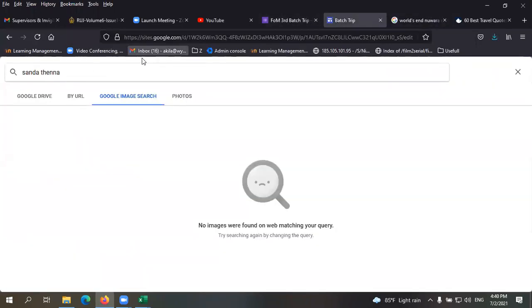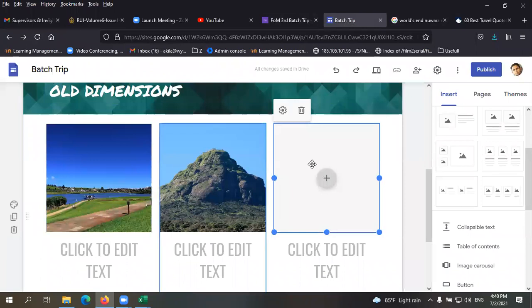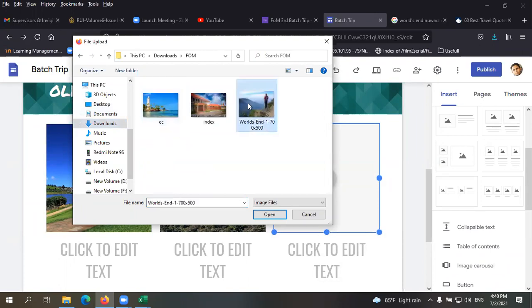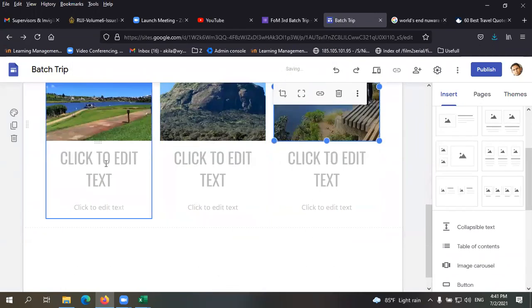So if you have downloaded image, you can go to here, upload image, select the image.